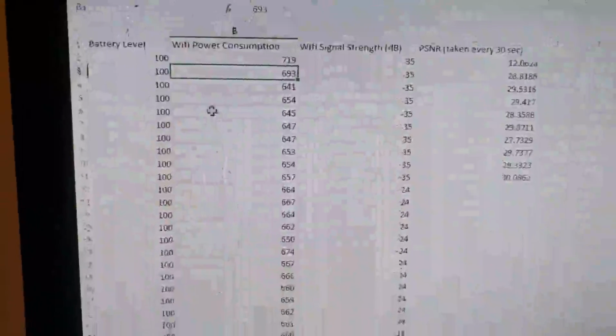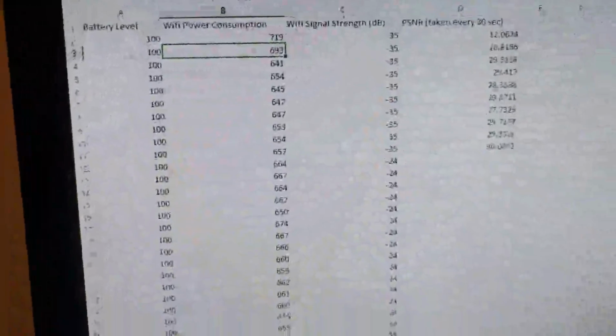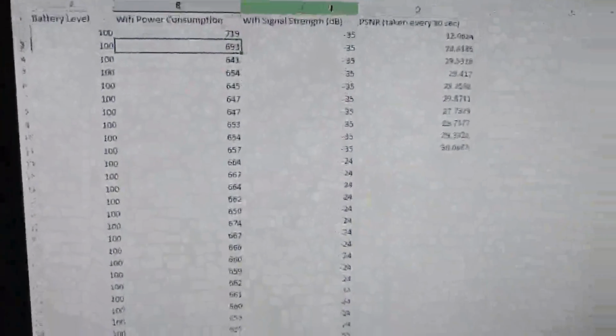And you can see this data here. This is the data for the 15 FPS video. We have the battery level, the Wi-Fi power consumption, the signal strength, and the PSNR.